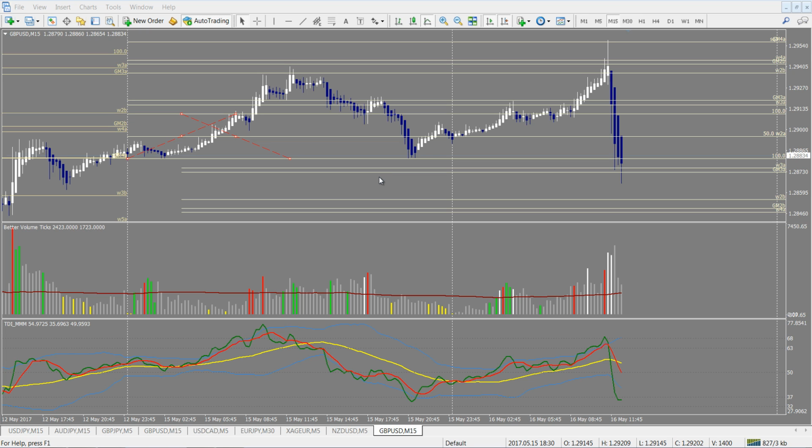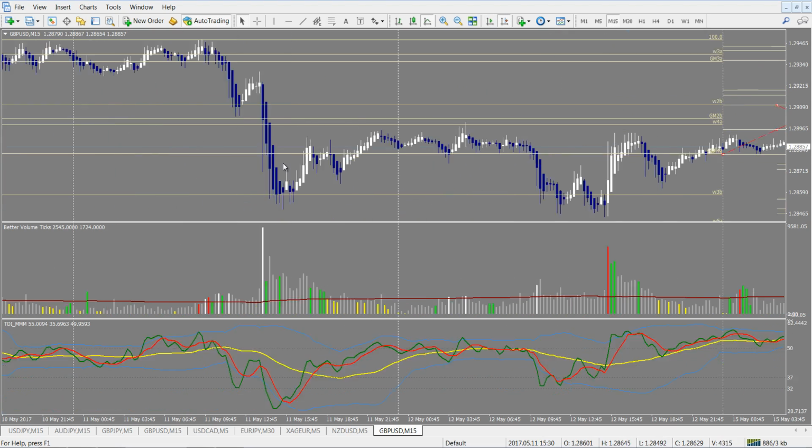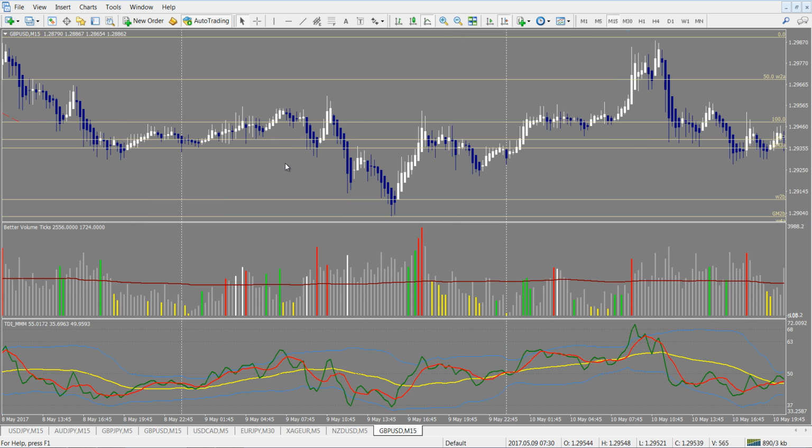Just had an email from a guy who's using the levels, and he was saying that we should see a bounce on the GBPUSD, the pound US, followed by a bias back to the short side. And as you can see last week, if we look at the levels for last week, we have,